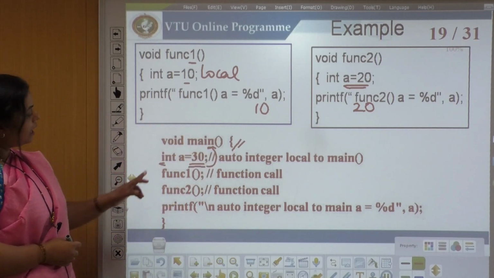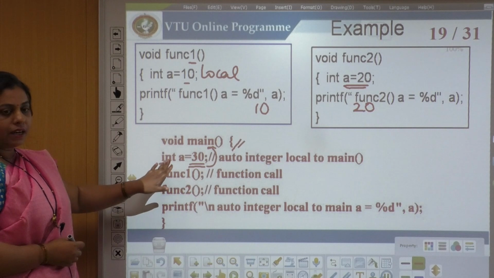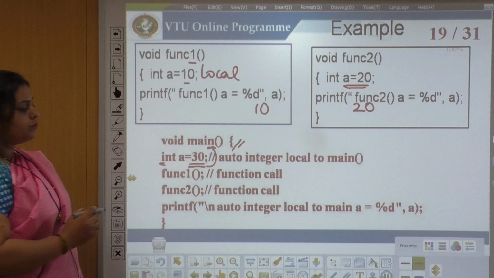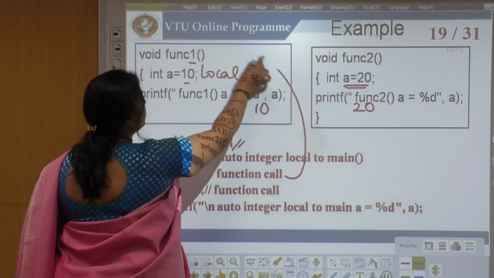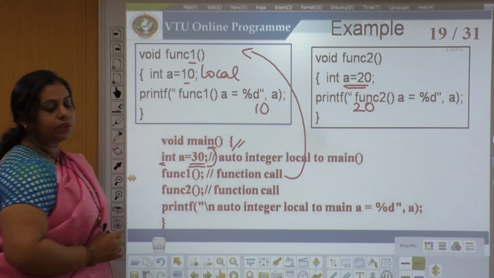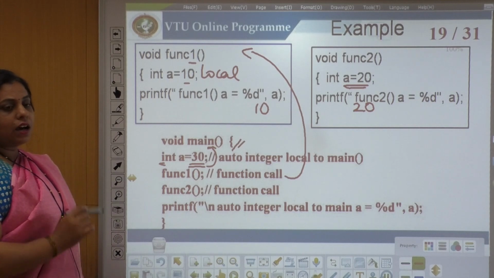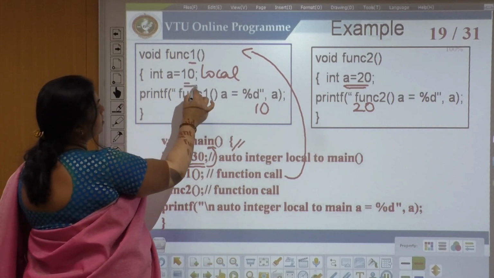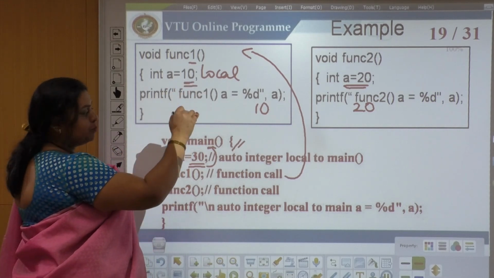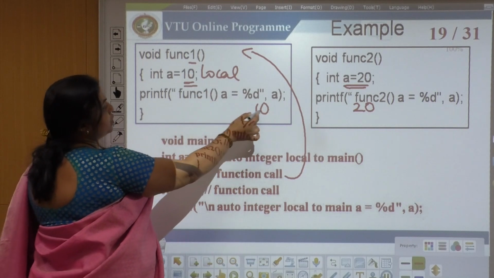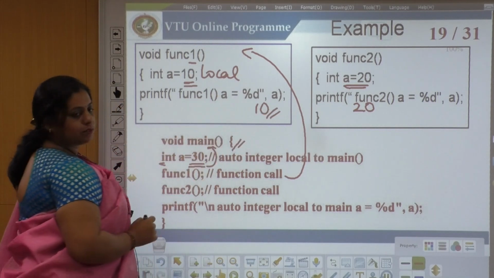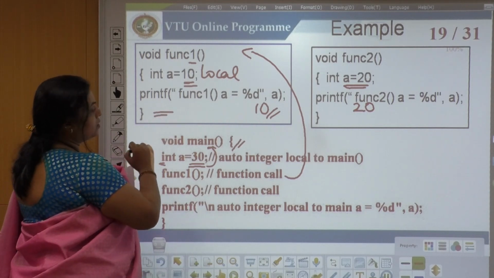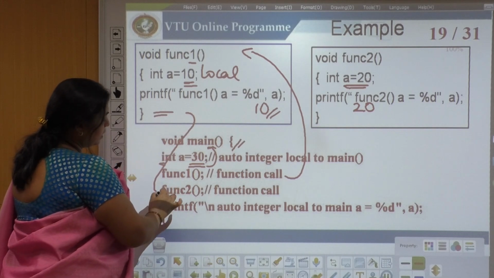Let us see, as soon as a variable is declared and initialized, I am calling the function 1. So when the function 1 is called, I am moving to the location of function 1, wherein again a variable a is created and it is local to the function 1. So when I print the value of a within function 1, it prints 10. When it prints 10, I am coming out of the block, so control will be passed to the next statement